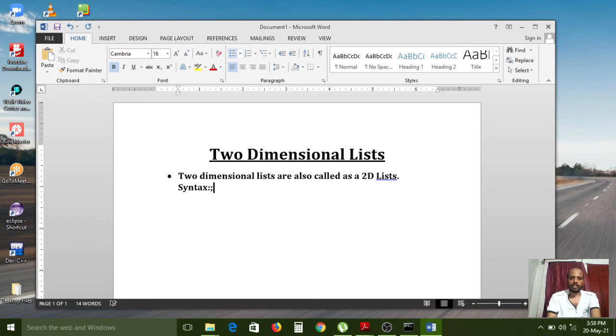Syntax: creating a two-dimensional list.